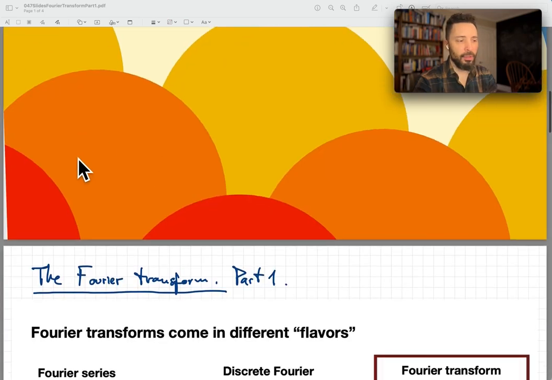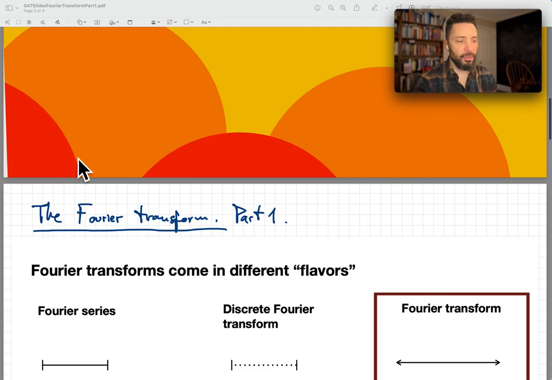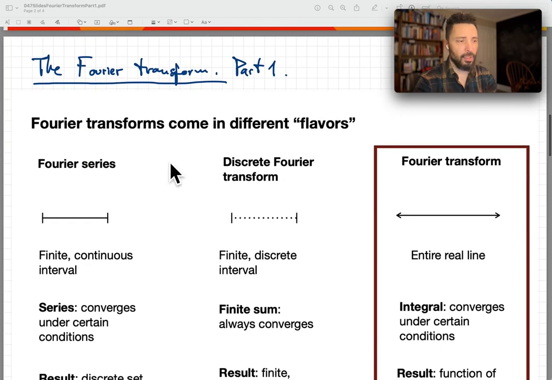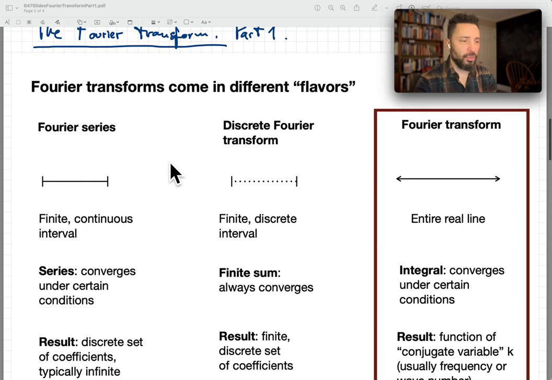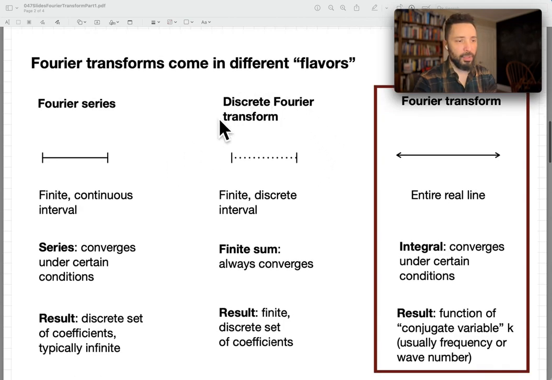So in this series of videos, we've talked about several different flavors of the Fourier transform. We talked about the Fourier series, we talked about the discrete Fourier transform, and today we're going to talk about the Fourier transform. And these are normally not really referred to as different flavors of the Fourier transform. That's just the way I like to see it, and I think it's useful to think about all these transformations, all these objects as different flavors, different incarnations of the